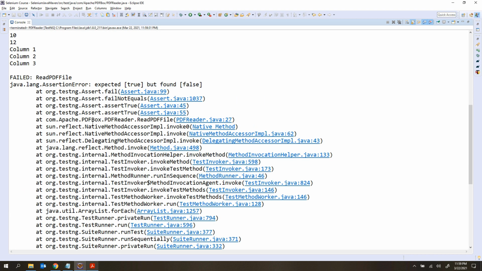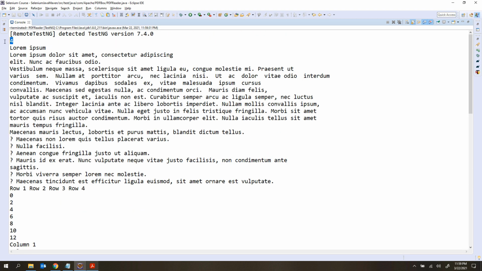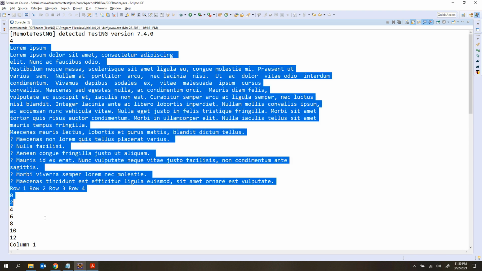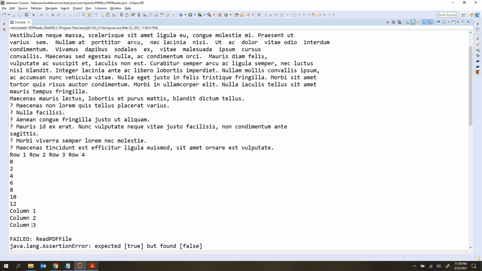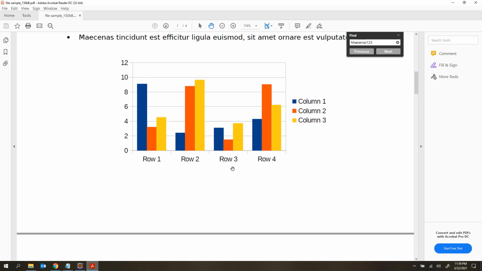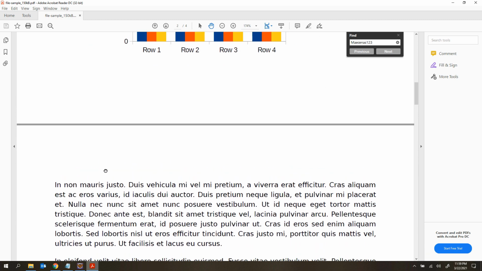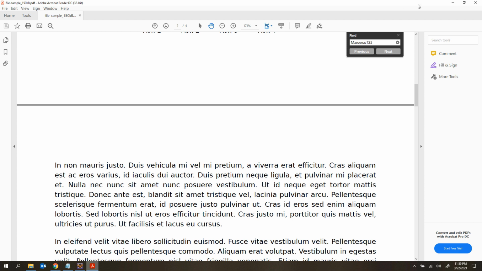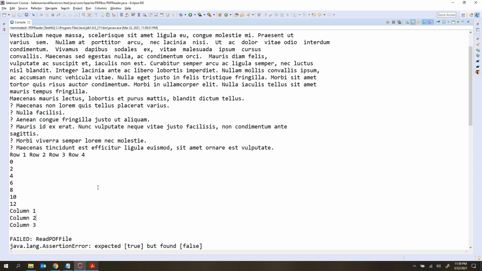You can see it says the entire pages are 4 and it is printing only this much content, okay? You can see till column 3 only it is printing the data. Till column 3 means only the first page, right? So it is not printing any of this text in the later pages, right? That is how you need to read the data from 1 page.